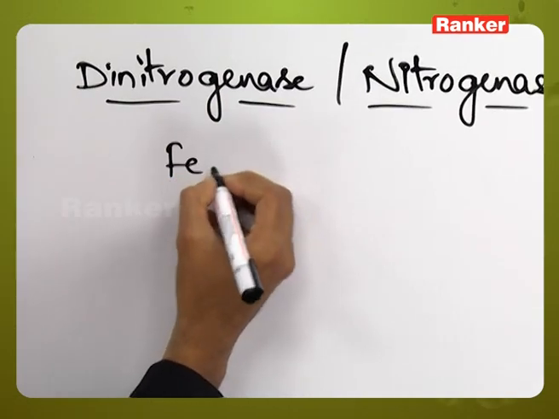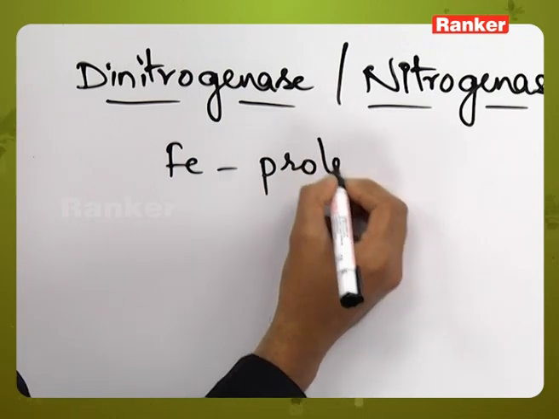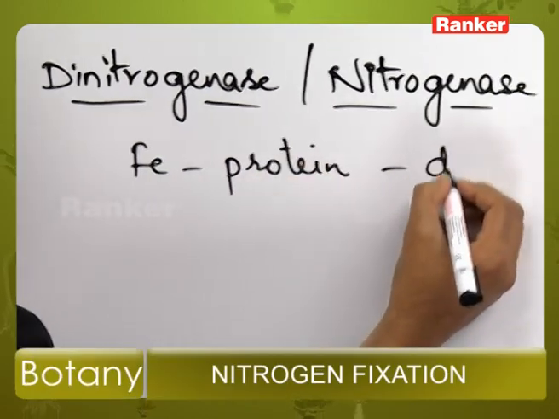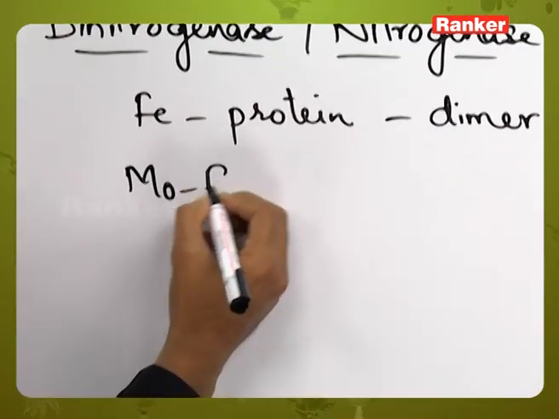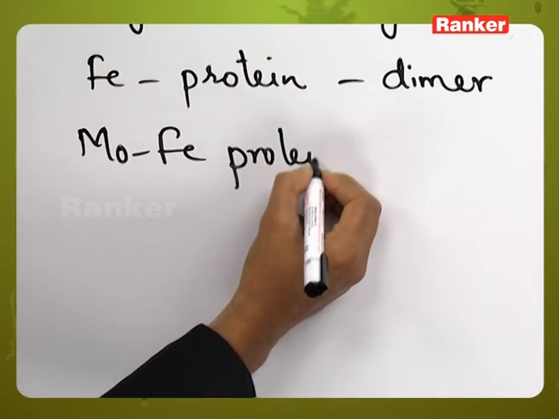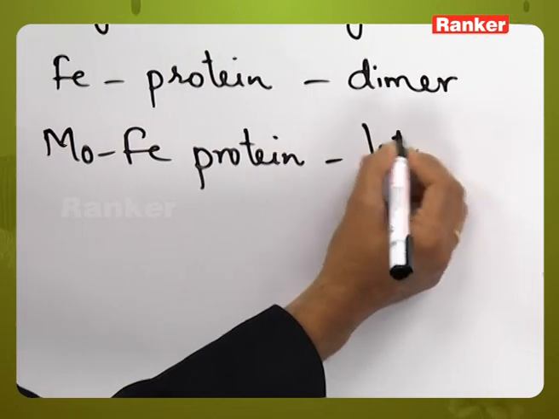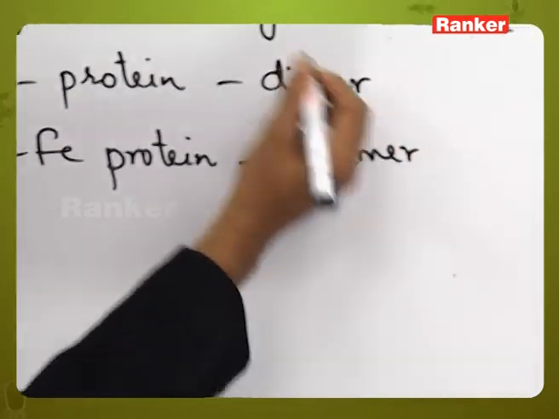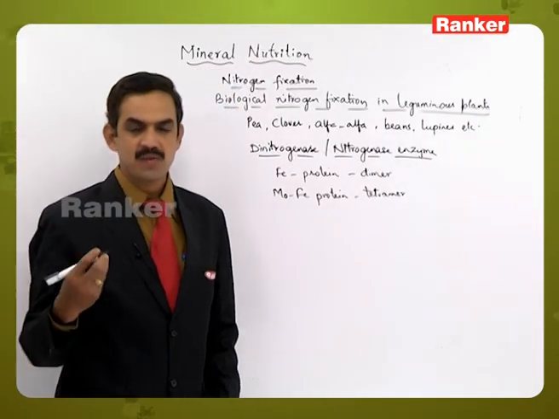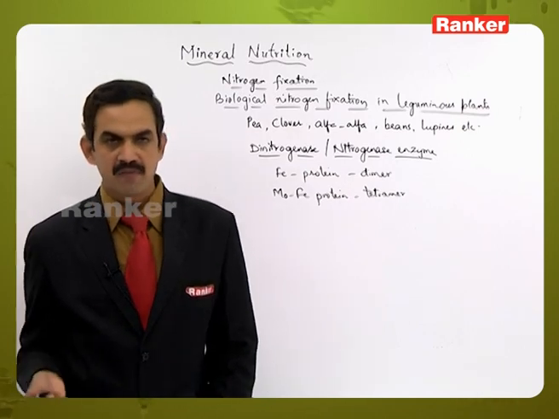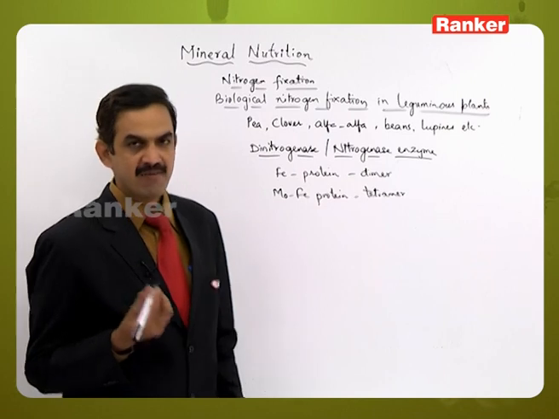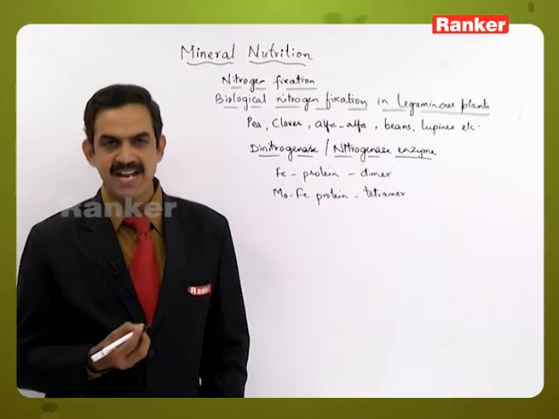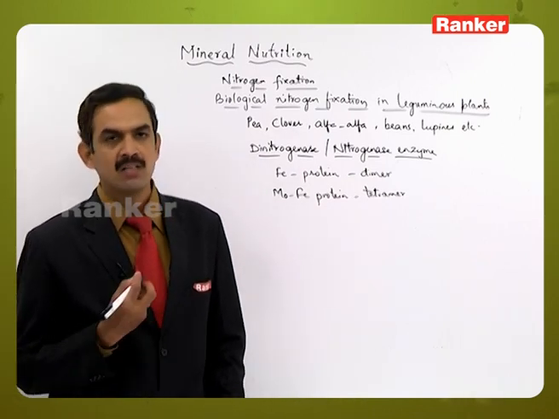One is called an iron protein part, which is a dimer, and the other one is a molybdenum iron protein part, which is a tetramer. So these are the two parts which are present in the dinitrogenase, which is helping in the nitrogen fixation. So this dinitrogenase is an enzyme which is responsible for all this mechanism to be done inside the prokaryotic